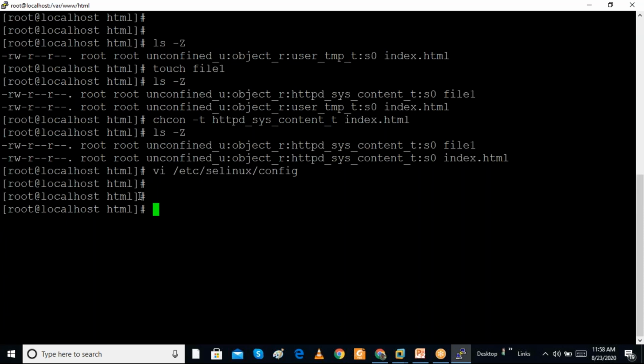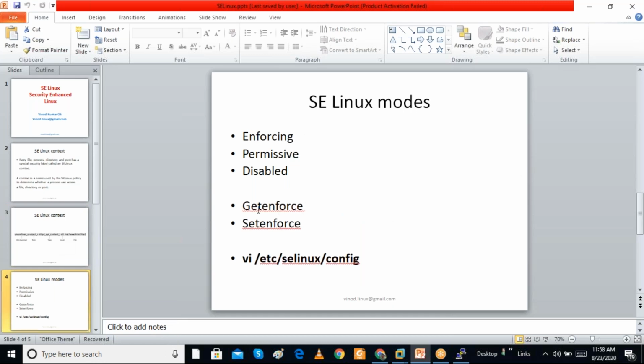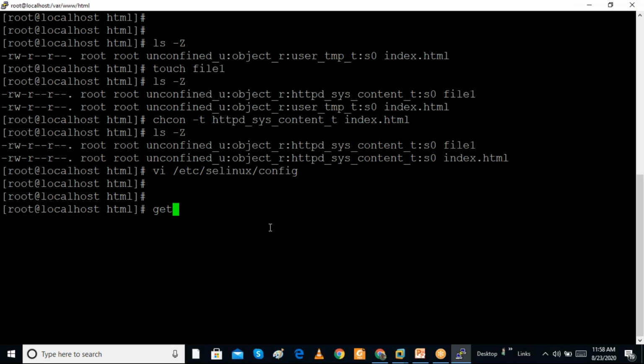We can enable it using these commands. We can also check the status by using the getenforce command. If we run getenforce, it will show that SELinux is enforcing. We can change it to a new status with setenforce.